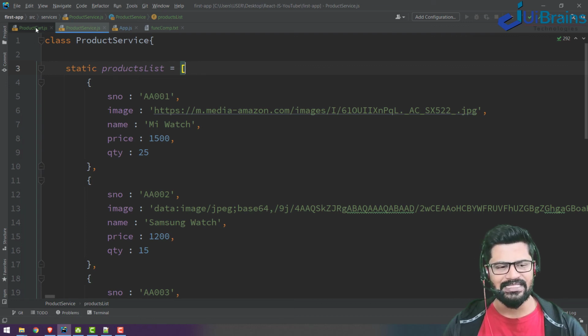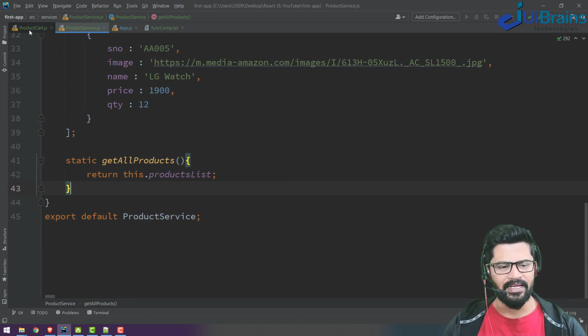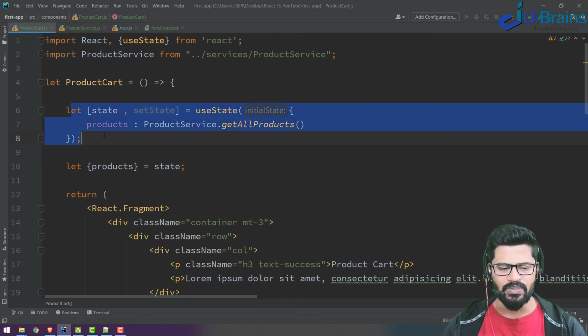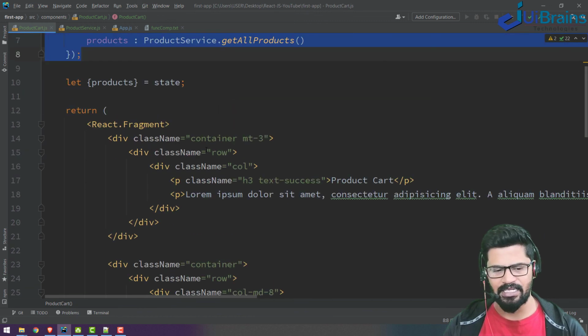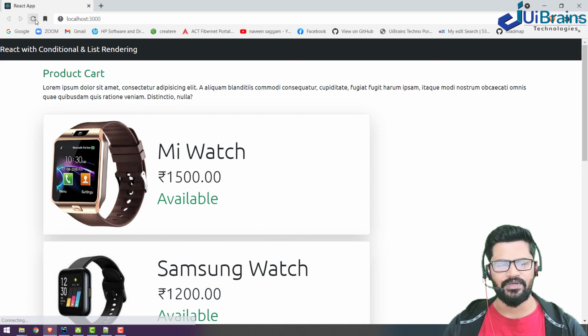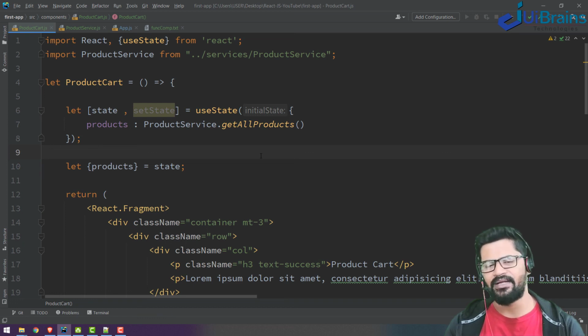Now it's clear: you have a service provider which is providing the data, and a component that purely represents the UI, gets its data from the service, and renders as per our condition. Now check, you get the same UI and there is no change in the UI. So this is how you can write your service function. As of now the service function has only local data, and later on we'll see how the service is able to fetch data from the server as well.